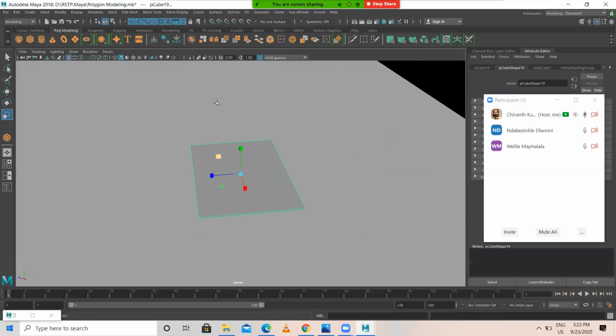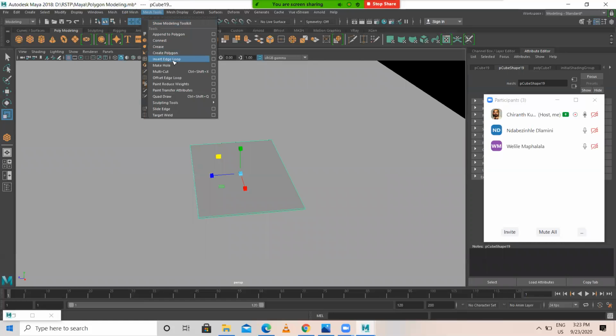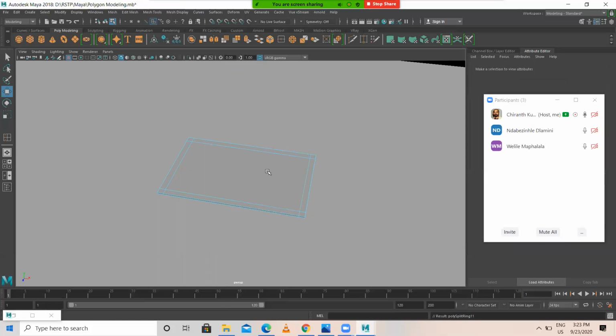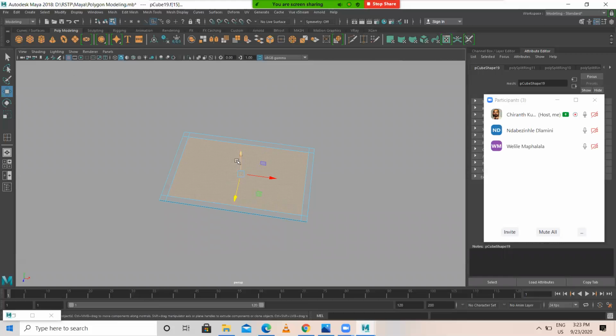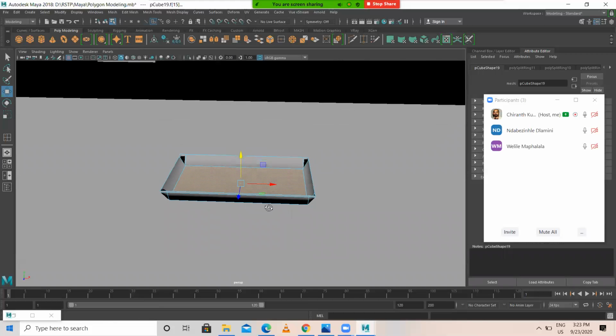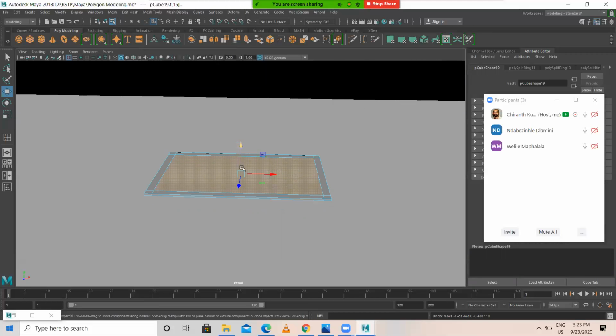Okay, after this, mesh tool, insert edge loop. I'll add one loop here, one here, one here, one here. Okay. Then I'll select the face. I'm selecting, just drag and select the face like this, down, push it down, or else